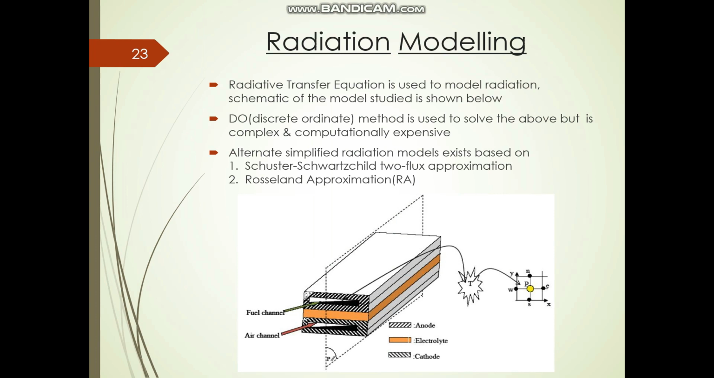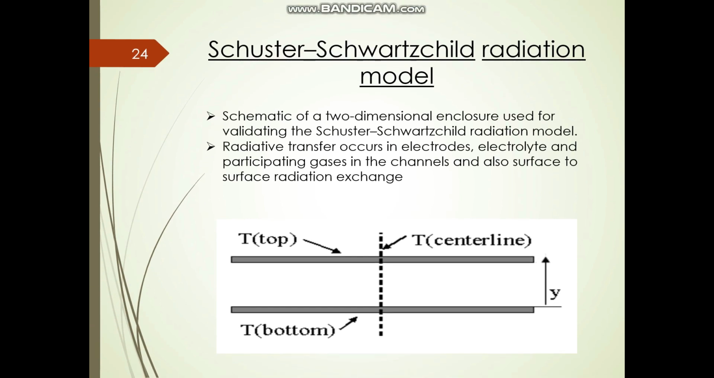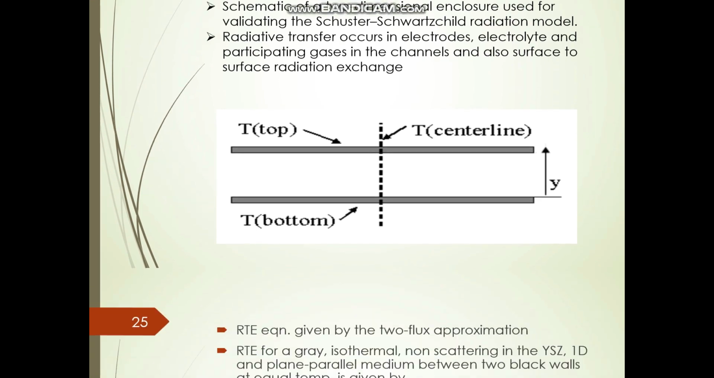Schwarzschild's two-flux approximation and Rosseland approximation are used to make calculations easier. Schwarzschild radiation model. The figure given below shows a schematic of a two-dimensional enclosure used for validating the Schwarzschild radiation model. The temperatures of the upper plate and the lower plate were fixed at 1200 and 800 Kelvin respectively, with the side walls being adiabatic. Studies were carried out for different optical thickness by varying the absorption coefficient of the enclosed